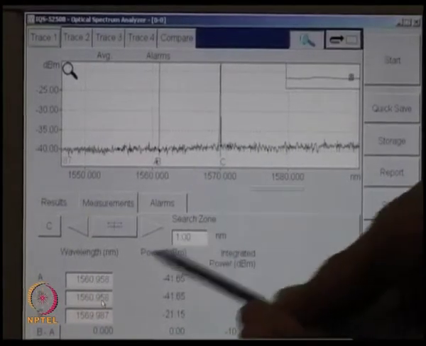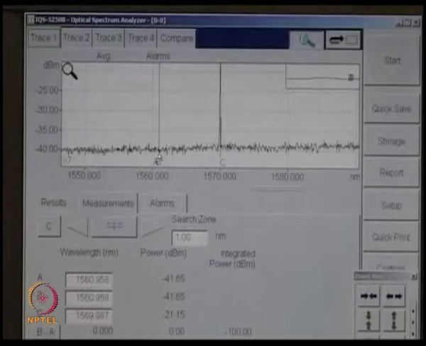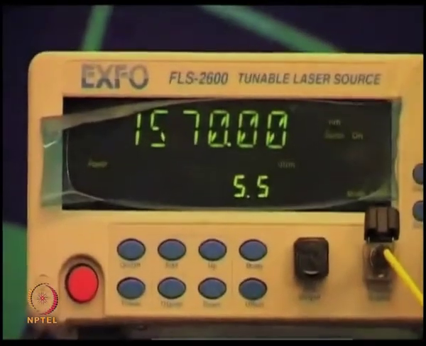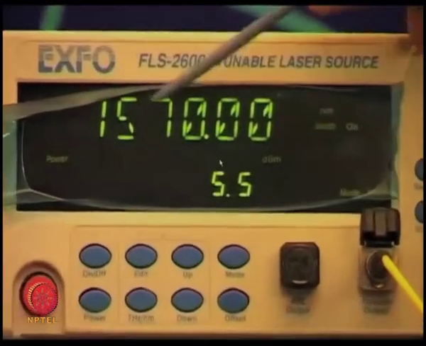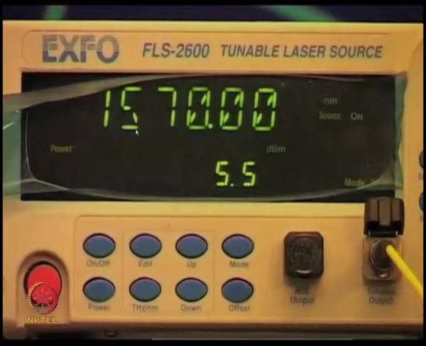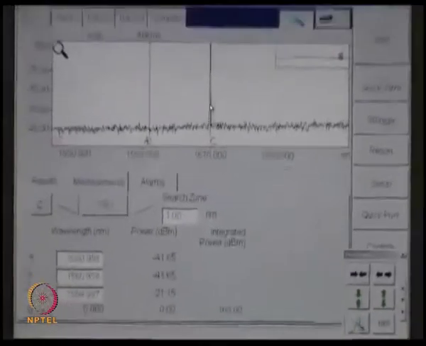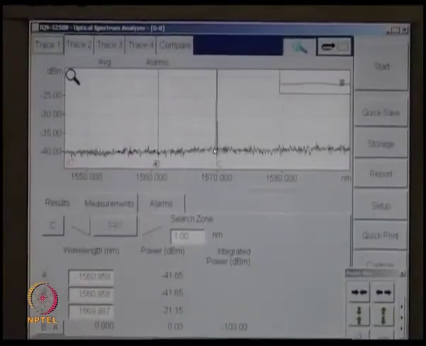Whereas if you go to other two locations, 1560, which is somewhere here, this is the cursor, the power is 20 dB down. And you can see here that a tunable laser is emitting a wavelength at the moment, which is 1570 nanometers. And that's what is shown here as a narrow spectral line at the spectrum analyzer.